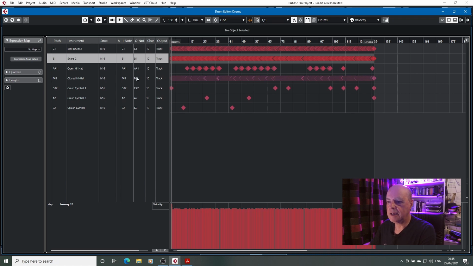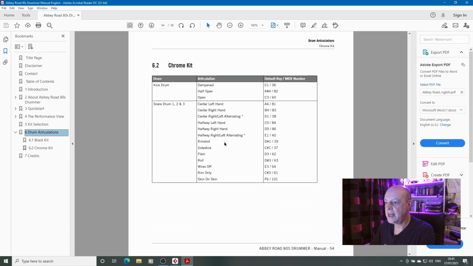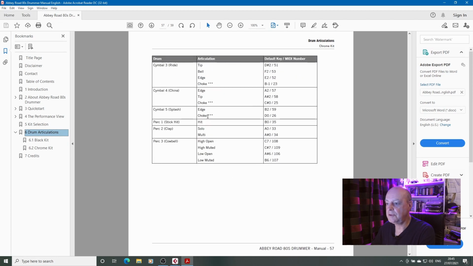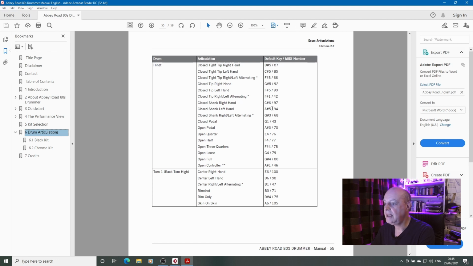Open hi-hat, closed hi-hat, I'm pretty confident are going to be right because they're the general MIDI standard for an open hi-hat and a closed hi-hat, assuming I can actually find them. Right, open hi-hat should be A#1. It says open controller, but it's A#1. A closed hi-hat is F#1. There we are. Closed tip, left, right, alternating. So that will do us